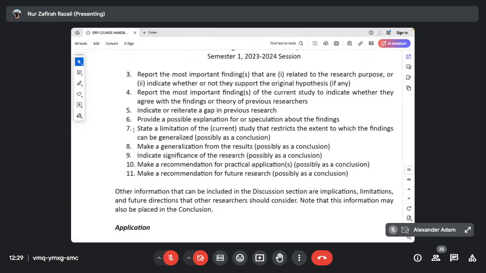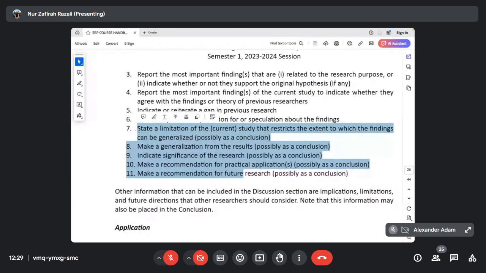Okay, now from 7 to 11 here, basically you may find this if there is a conclusion section in the paper. Because sometimes the organization of research reports is different. Sometimes there is a conclusion section included, sometimes there's not. So, in such a case where a conclusion section is not in the report, usually the discussion ends with these